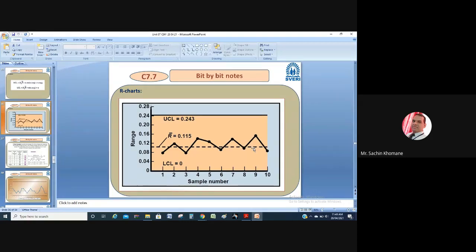So generally, while drawing the control chart, one more thing you have to remember: the mean line, or you can say the X bar line or R bar line, should be a dotted one. Okay, that you can say is a convention that you have to follow. It's done. Be fast.